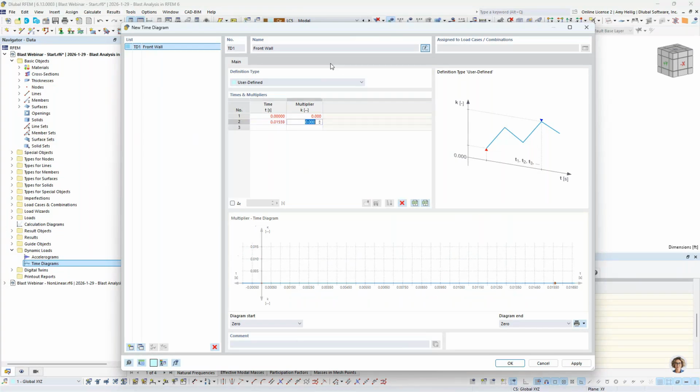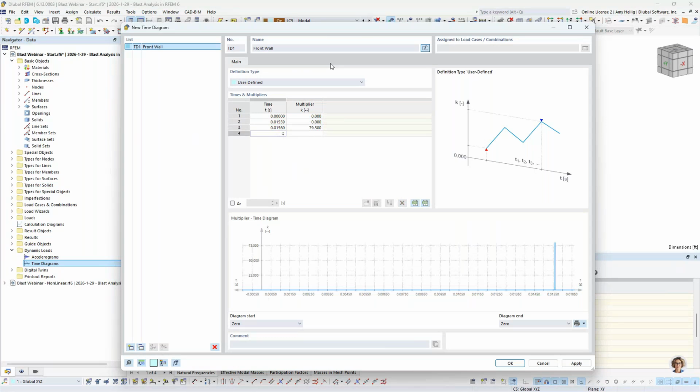Therefore, our second point is going to be 0.01559. The multiplier is still set to 0. But now finally, under the third input option here, we type in a time of 0.0156 with a multiplier of 79.5. And finally, our fourth point will be 0.02179 with a value of 0. So you can see that our time diagram shown here in RFEM exactly replicates what we just saw in the